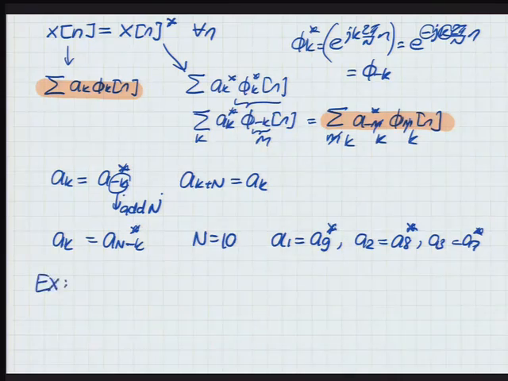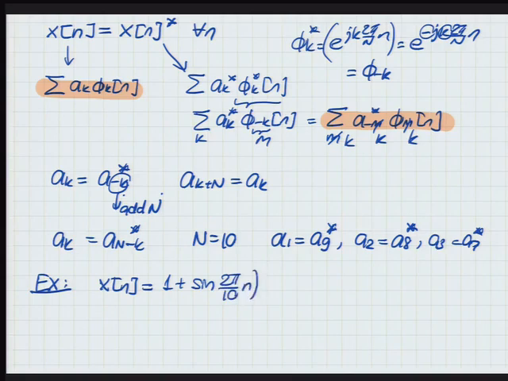Example. This is an example where I'm not going to have to do the analysis equation because this example comes in the form of sines and cosines already, which we know how to split into complex exponents, so we don't have to do that sum in the analysis equation to find the coefficients. This is just given as sine of 2 pi by 10 n plus cosine of something with pi by 4. I have no recollection where that example came from, why these numbers, but anyway, it doesn't matter. It's a contrived example as always.